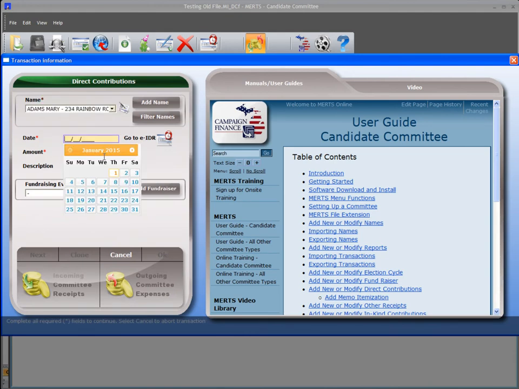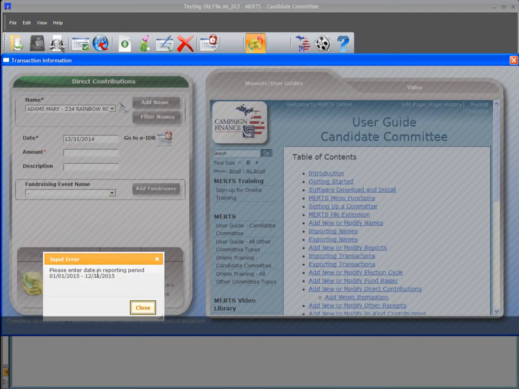A drop-down calendar has been added to the entry screens, providing a new option for entering data. The software now limits the data entry of transactions to the coverage period for the report selected to help eliminate incorrect date errors from selecting the date on the calendar or manually entering the date.